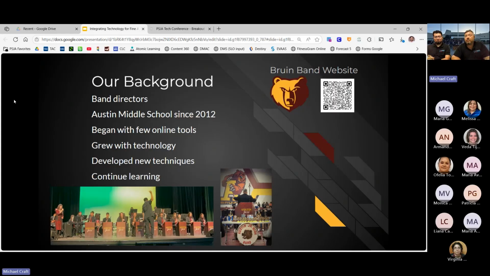That way you don't have to go to the copy machine. We're lucky enough to have a copy machine. Not everybody does, so it does help us to have a digital option. We do have 200 kids in the band, more or less, and we're always trying to balance that between the two of us and how many kids are in each class.